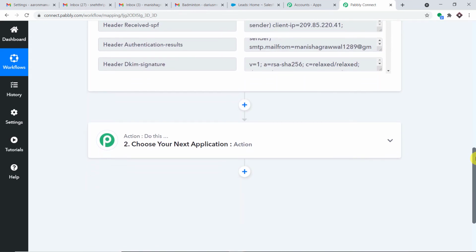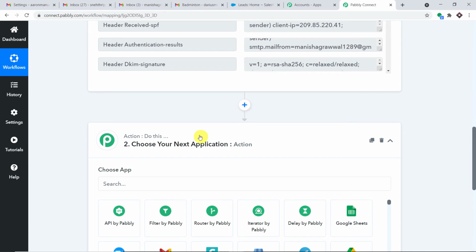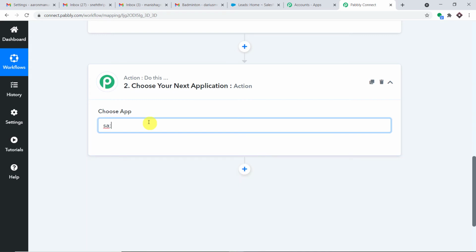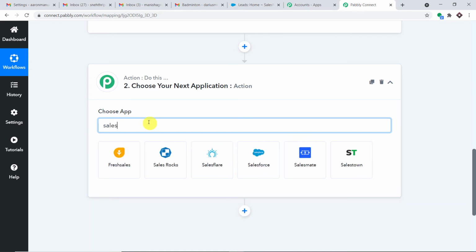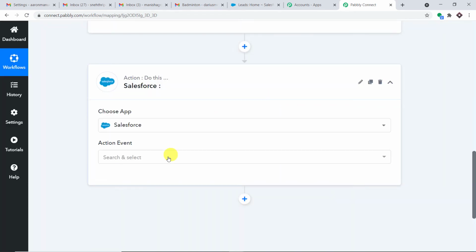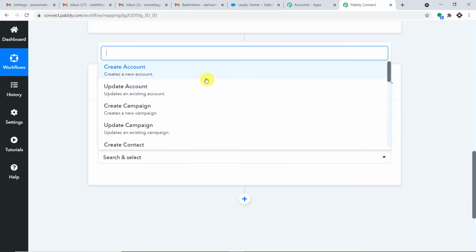Now before we create a lead in Salesforce, there is something else I have to do. So let's deal with the lead in Salesforce. Once again, I'm going to click on this window. This window is for creating a lead in Salesforce. Let me introduce Salesforce. There is a process I want to show you, but it will be much better that I show you after we start creating a lead.